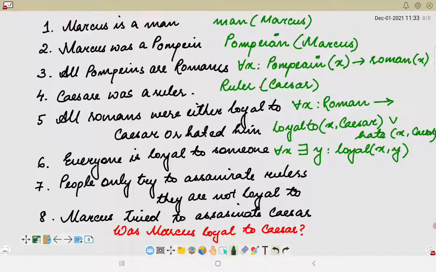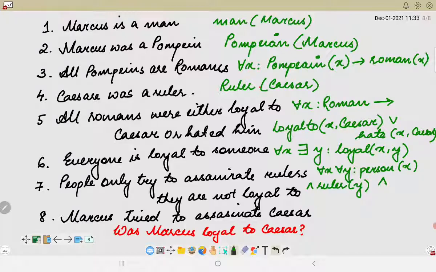Now, people only try to assassinate the rulers that they are not loyal to. So here we will have to represent this in a particular complicated way. First, let us consider for all x and for all y, if x is a person and if y is a ruler, then